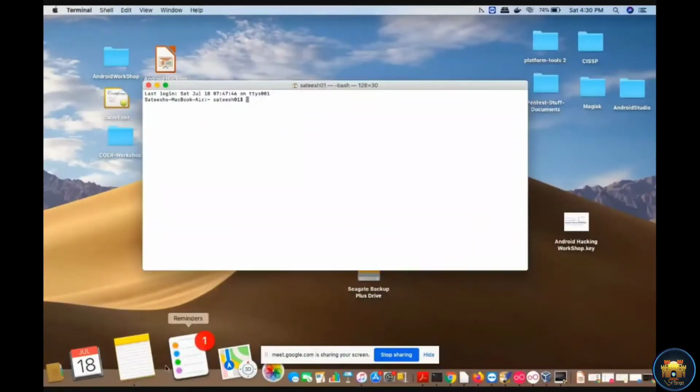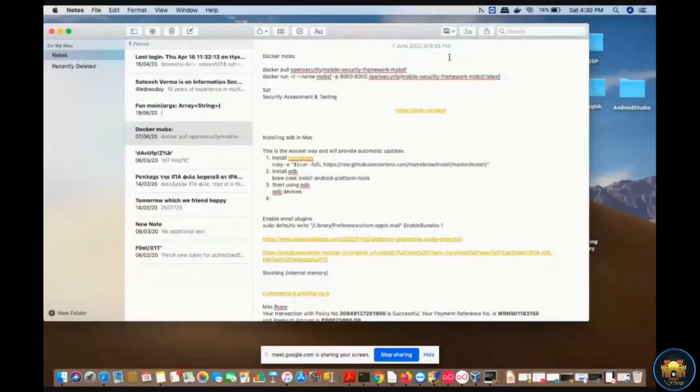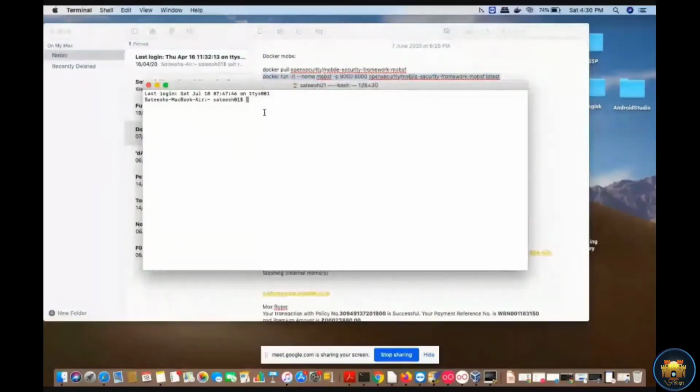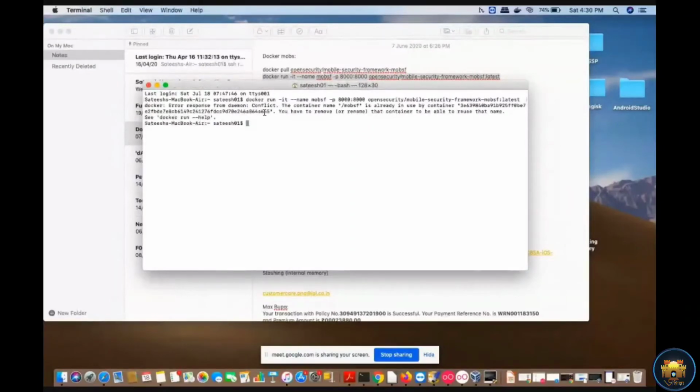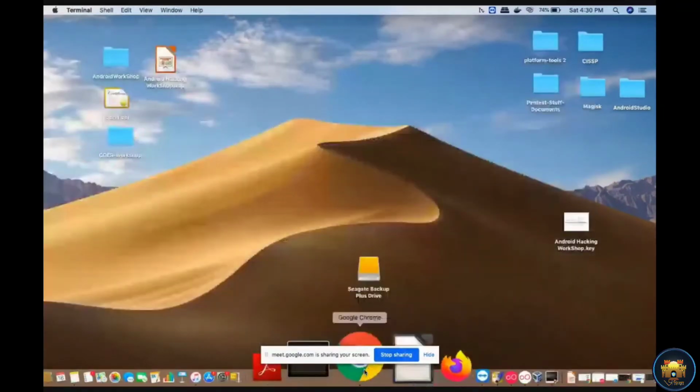I have copied this command here. So you need to just execute this command, docker run, right? So now it is saying that one Docker is already running. So I will just copy the URL from here and type it in the browser.